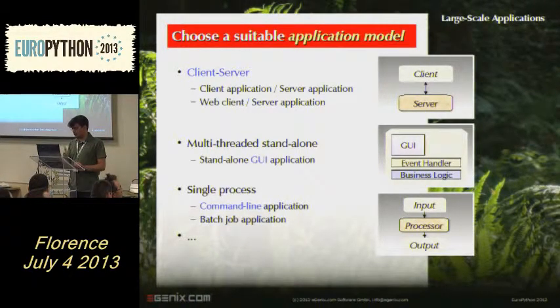Or you have a different kind of setup. You need to do batch processing, for example. Then you would use a single process kind of setup. And the data just flows through your application, so you have a pipeline approach. And there are many other different kinds of application models that you can choose. This is usually something that you have to decide up front, depending on what the needs are for your project. In some cases there are external requirements, like this trader desk example, that you have to meet. So it's very important to get this right from the start.